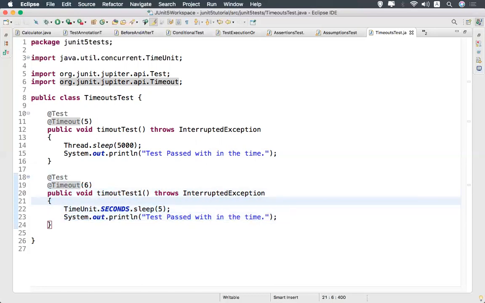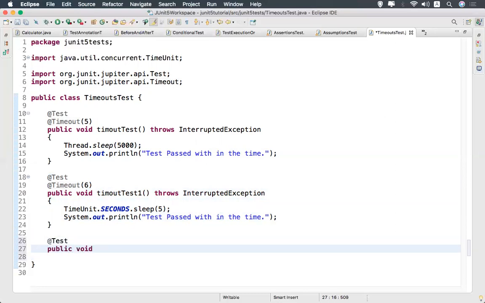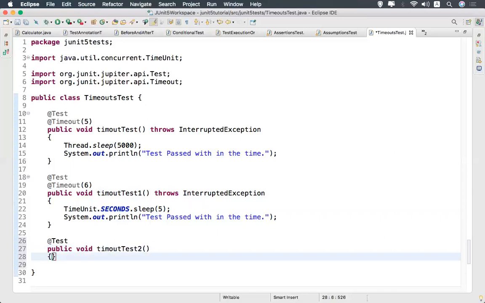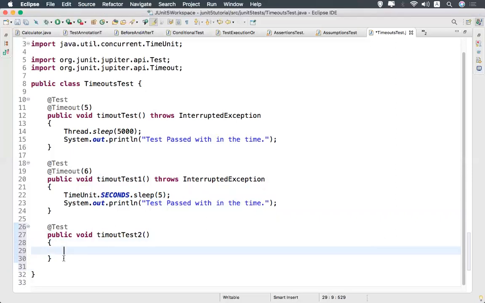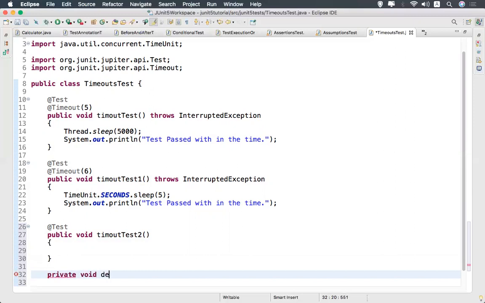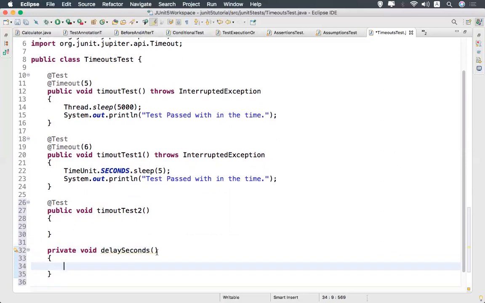So we'll take one more example, another way of doing this. Public void timeoutTest2. Here I'll take a private method, private void delay seconds. How much time you want to delay that execution?